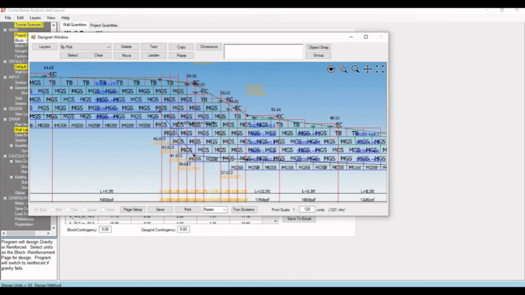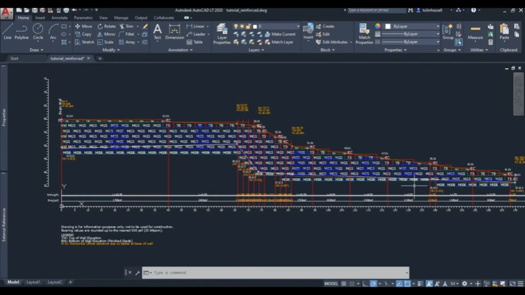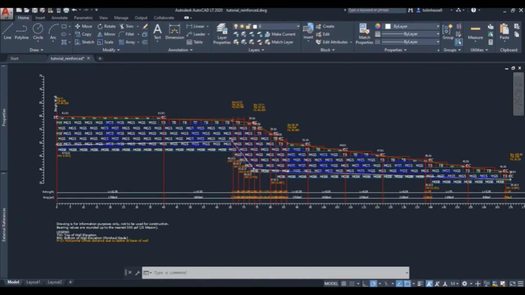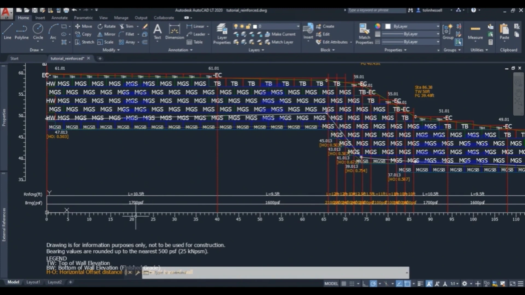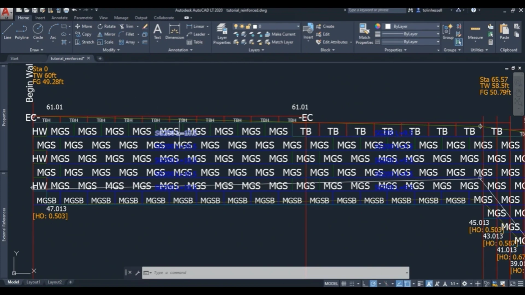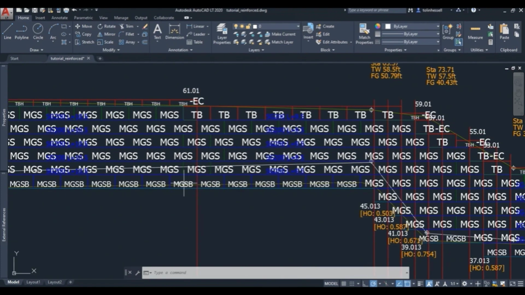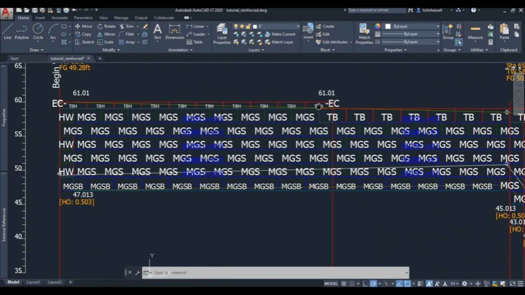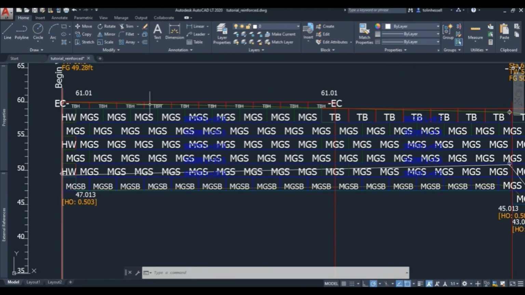You can look at the retaining wall layout here, or if you hit Save, you can then open the wall in AutoCAD. It'll show the geogrid lengths and bearing capacities at the bottom where the change is, and show all the different blocks with the location of geogrid layers in all elevations. You can see MagnumStone standard blocks, standard base blocks, top blocks that are half high, half width blocks, and corner